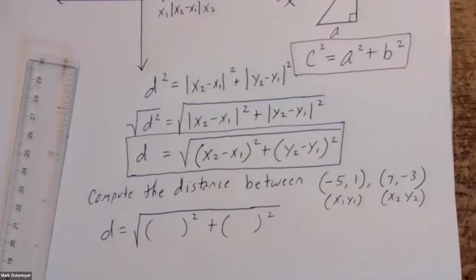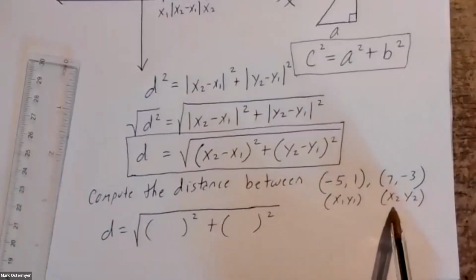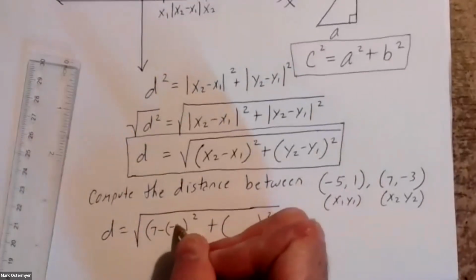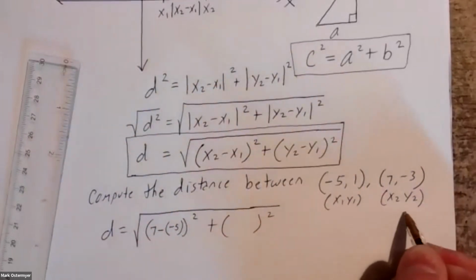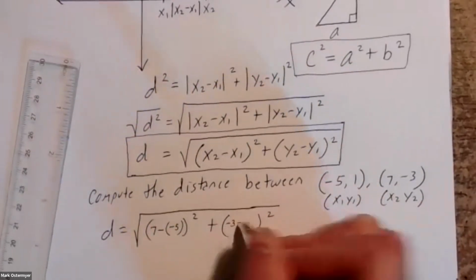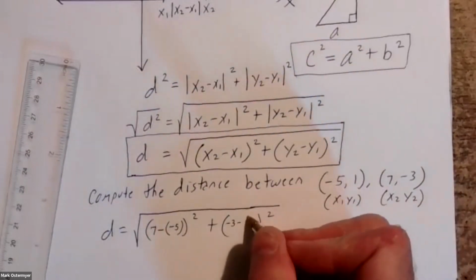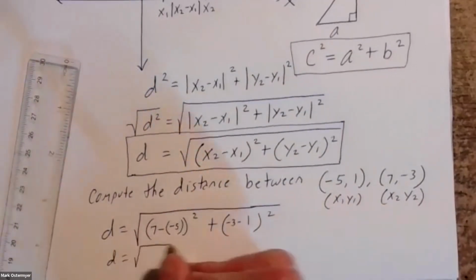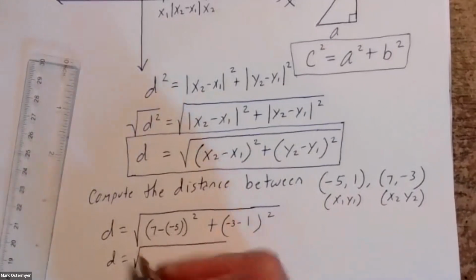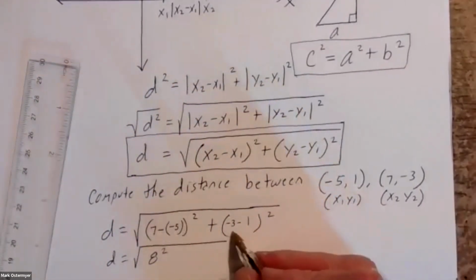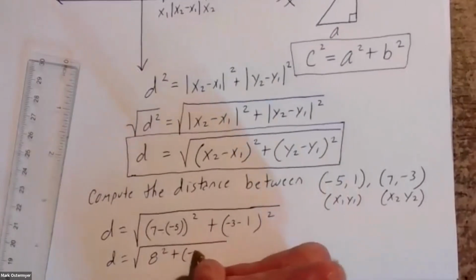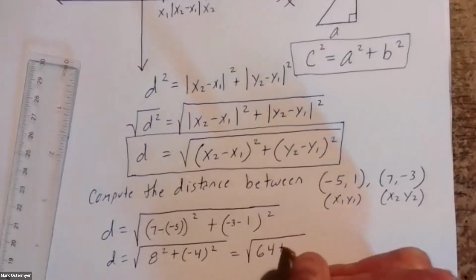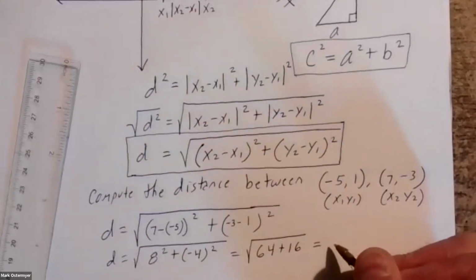So I'm going to take x sub 2, which is 7, and I'm going to subtract off x sub 1, which is -5. Y sub 2 is -3, and then I'll subtract off y sub 1, which is 1. Therefore, the distance is going to be equal to the positive square root. This is going to be 7 plus 1, which is 8, and that's going to be 8 squared. It's going to be -4 squared. So we're going to have the square root of 64 plus 16, which gives me